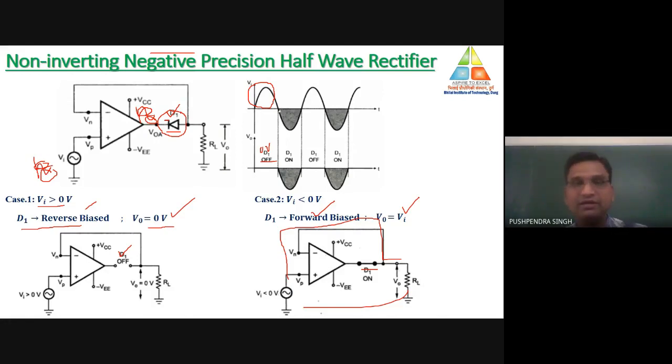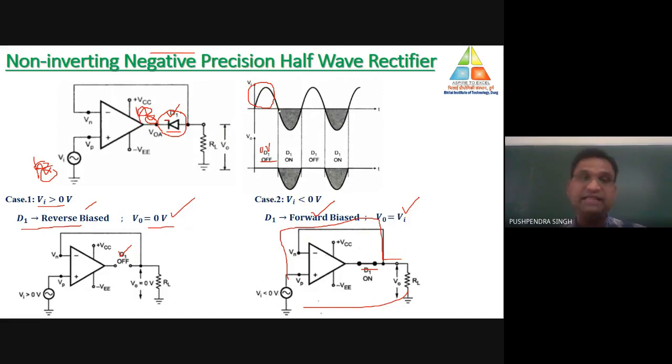What you need to do for the analysis of the circuit is just supply the signal and check the level of the signal at the particular terminal of the diode. If the negative terminal of the diode is connected with negative voltage, the diode will go into forward biasing condition. If the positive terminal of the diode is connected with positive voltage, the diode will go into forward biasing condition.